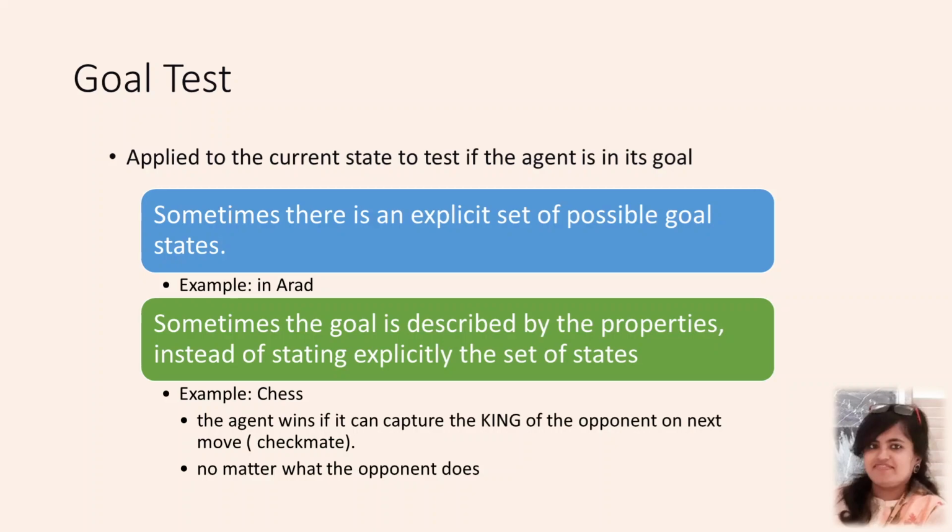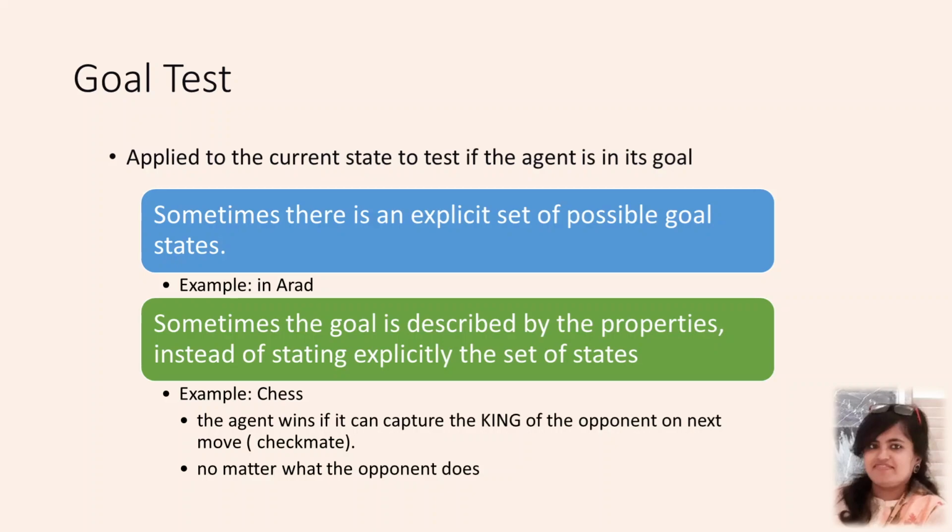Sometimes there is an explicit way of defining it, that is the example in Arad, and the implicit way, that is chess, in the checkmate. The agent wins if it can capture the king of the opponent on the next move, that is the checkmate,